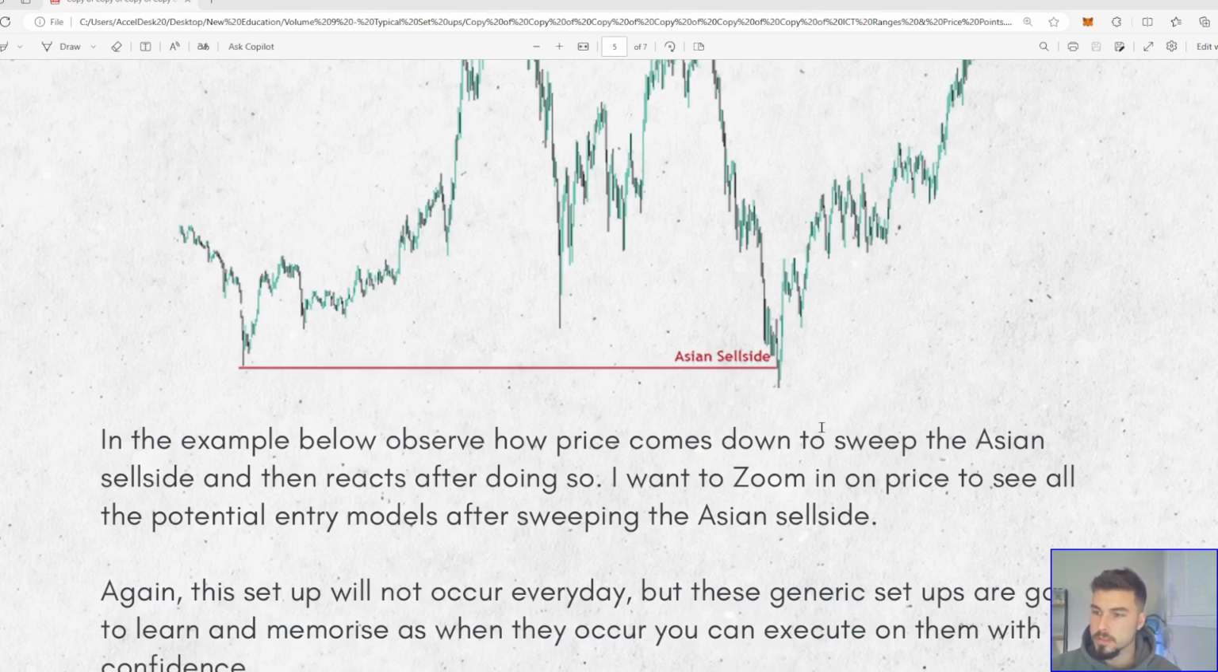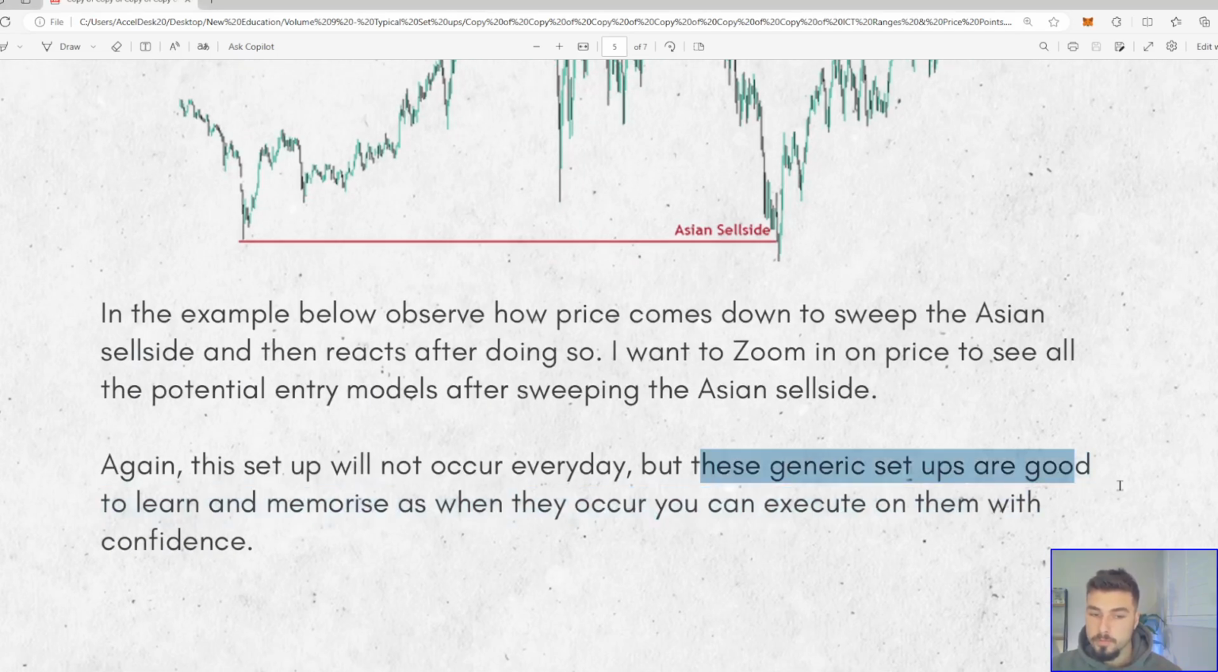If there's no entry model, there's no trade. If there's no drawn liquidity, there's no trade. If there's no imbalance or fair value gap or low resistance liquidity to target, there's no trade, right? Keep that in mind. The generic setups are good, right? And they're good to learn and to memorize, because when they come up, you can execute and take advantage of